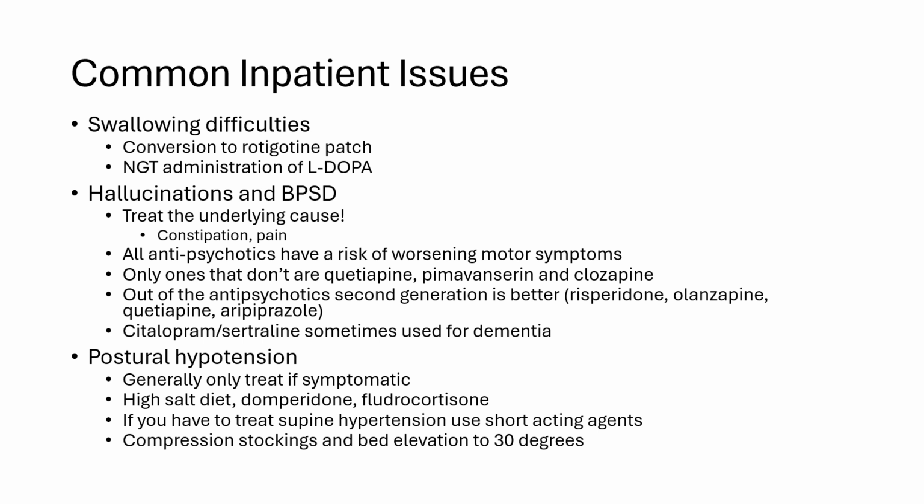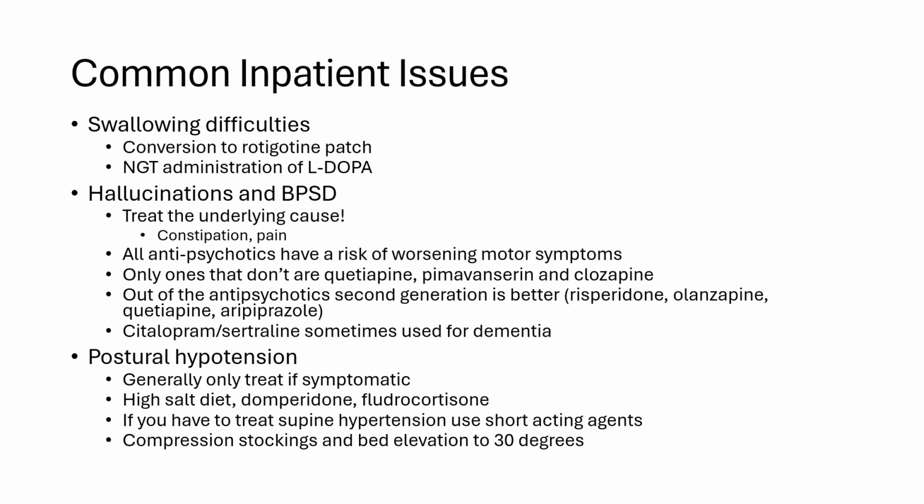The postural hypotension is a real problem, and the autonomic dysfunction is really difficult to treat. There are obviously some non-pharmacological measures, so compression stockings, and that is all the way up to the hips plus an abdominal binder, really. And then, sleeping with the bed elevated to 30 degrees, high salt diet, cold cup of water in the morning, that sort of thing. Drugs that you can use include